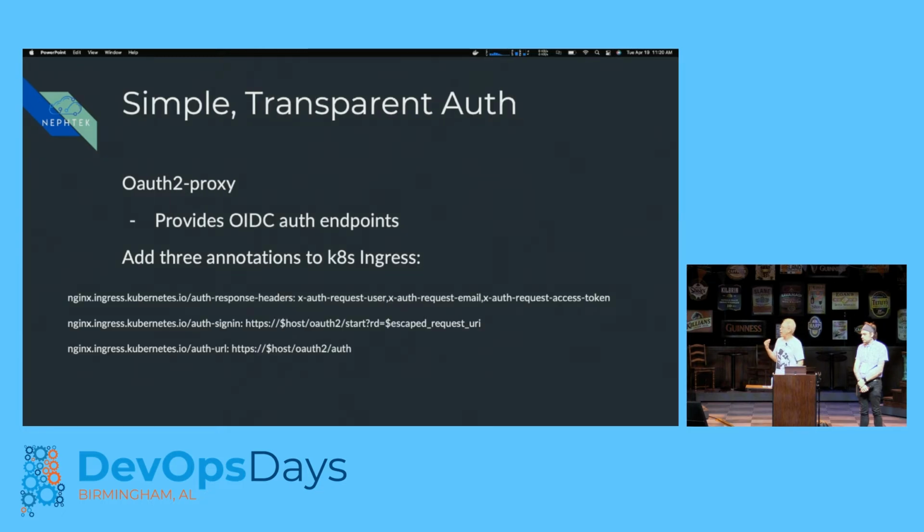So I want to show you 3 primary examples. This first one is OAuth2 Proxy. This sets up an identity-aware proxy. It's going to know what groups you're in, what role, whether or not you have access to the system. And then with just 3 simple lines to our ingress, which is a Kubernetes